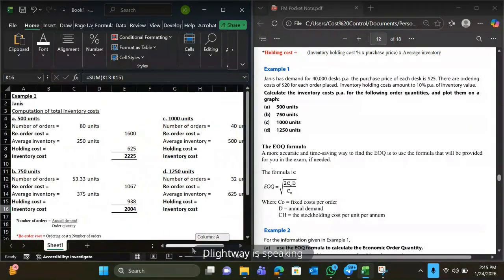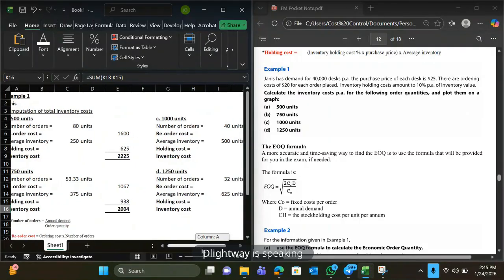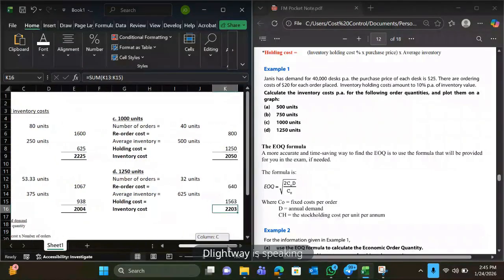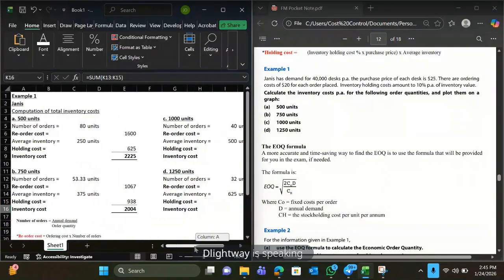For 500 units, we have $2,225. For 750 units, we have $2,004. For 1,000 units, we have $2,050. For 1,250 units, we have $2,203, which is more cost effective here? The 750 units. So the 750 units is more cost effective. So if we are to make a choice of the quantity to place an order for, it's going to be 750